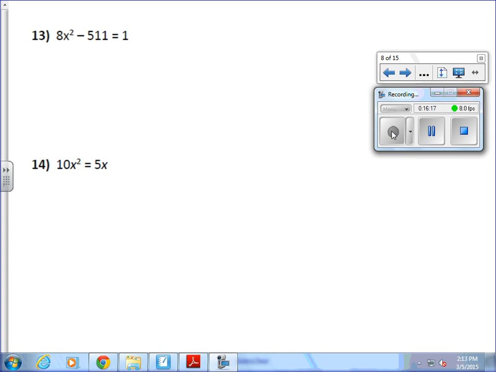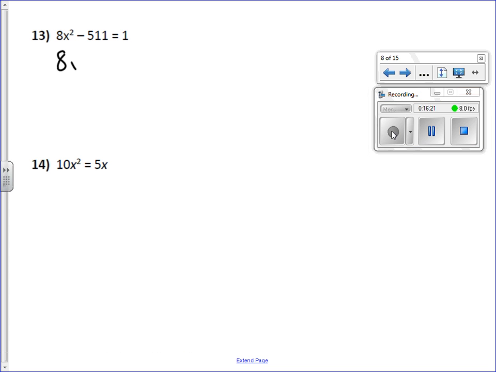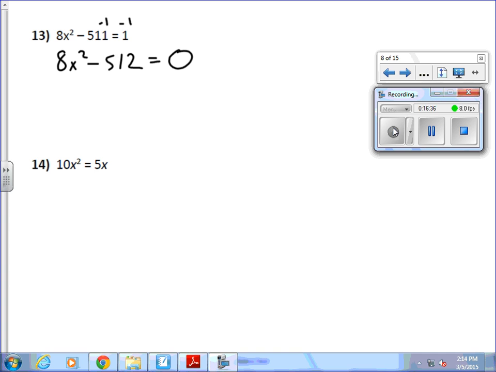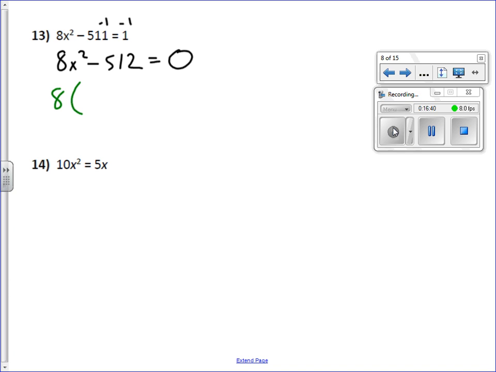Number 13, 8x squared, and we need to subtract 1 from both sides. We get negative 512 equals 0. And I wonder if 512 is divisible by 8. Let me go to my calculator. Find out that it is. 8 is a common factor of 512. I get x squared minus 64,